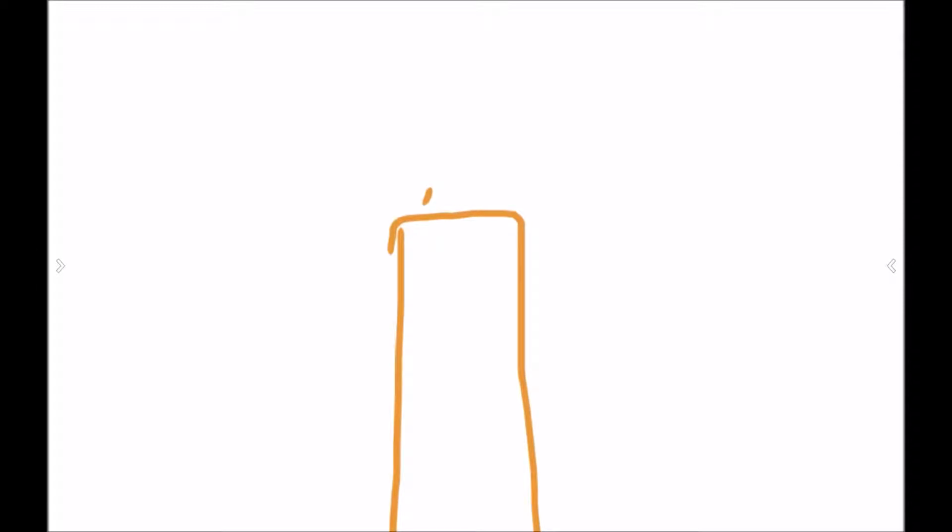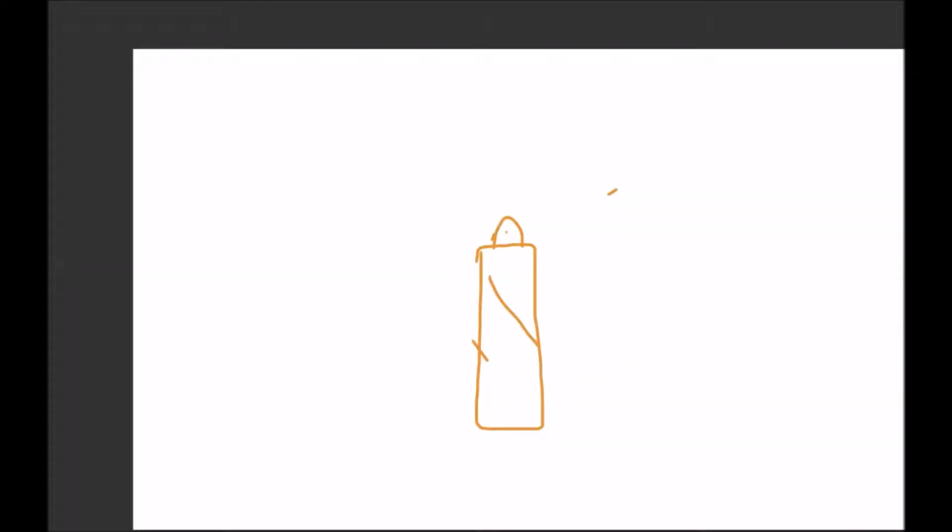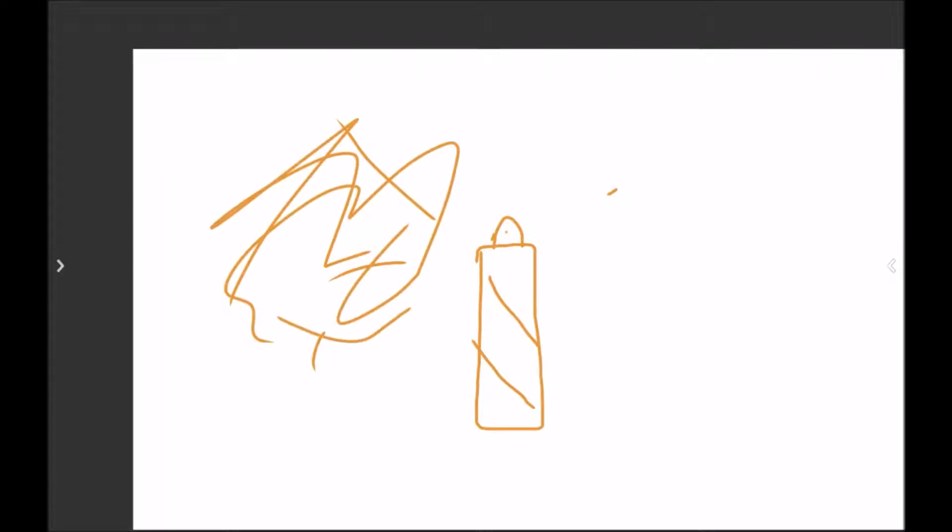Food does come in gaseous form, and this is one of those forms right here. I know that doesn't look much like a food, but that is a food. It's actually cooking spray, and that part right there is the gas. I know it looks fairly similar to the liquid,